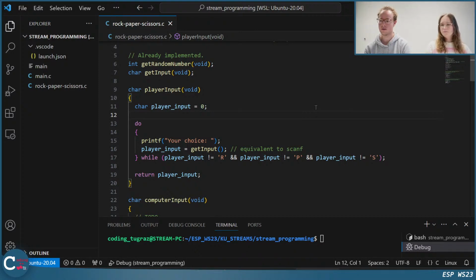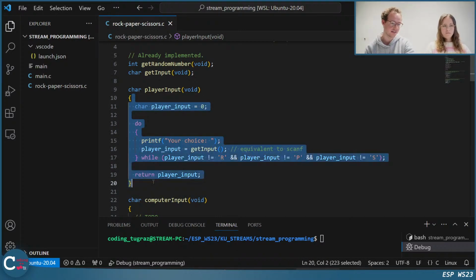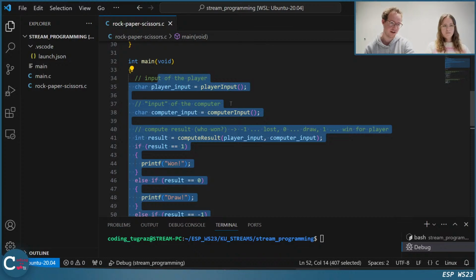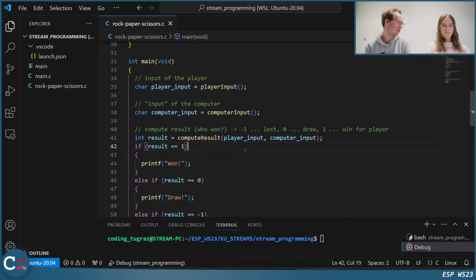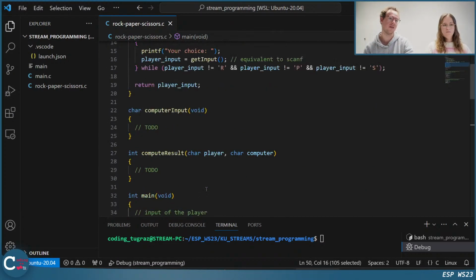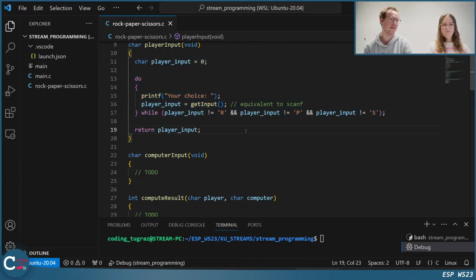And as I also see in the chat, 80 lines for a function. Let's look at the functions that we've created. This function has 10 lines. This function has 20 lines. Usually you don't need more than 30 lines. So if the function is longer than that, usually it does more than one thing. But here we really have the guarantee that everything does one thing. We just have the inputs, compute the result, and then print something, and we really just read the input from the players. It's just really one thing.